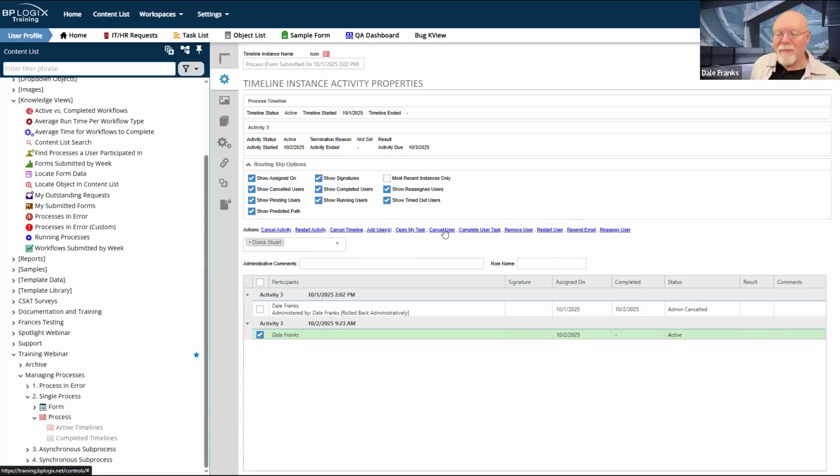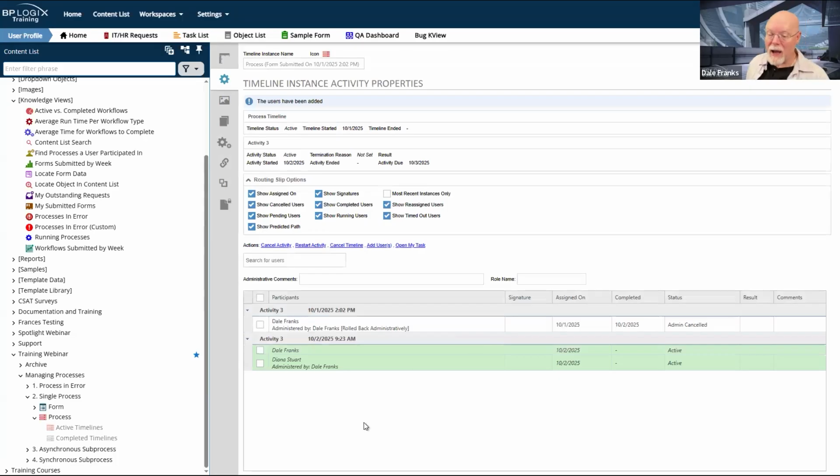Cancel user. I'm probably going to need somebody in there to replace me because I'm the only user assigned. So what I might do in this particular case is I would just say, okay, well, fine, I have Diana Stewart. I'm going to add Diana as a user. Okay, so now I have two users there for activity 3.